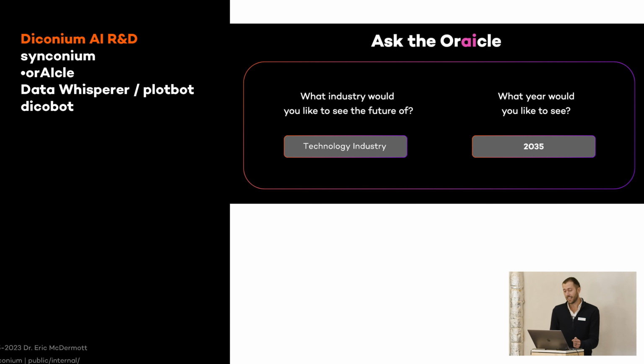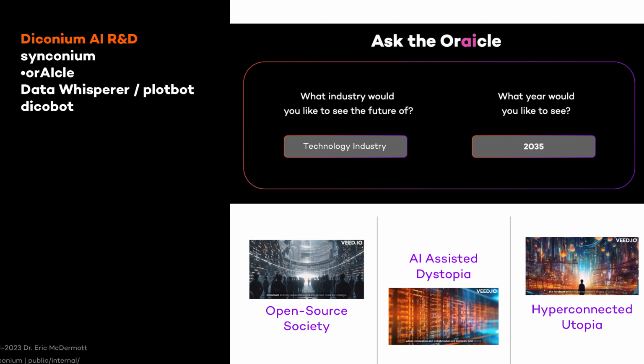Another one is called Oracle. This is using a package called LangChain, which has absolutely taken off in the last month. It uses large language models like ChatGPT to string together a series of prompts. So they're nested prompts. You start with the input, for example the technology industry and 2035. That goes into the first prompt, which gives me some output, which is then the input for the second prompt, which gives me output, and so on over a series of steps. At the end, I basically get some trend forecasting.